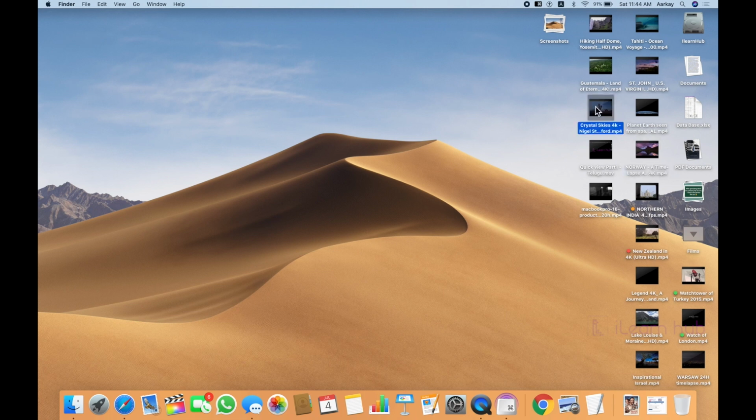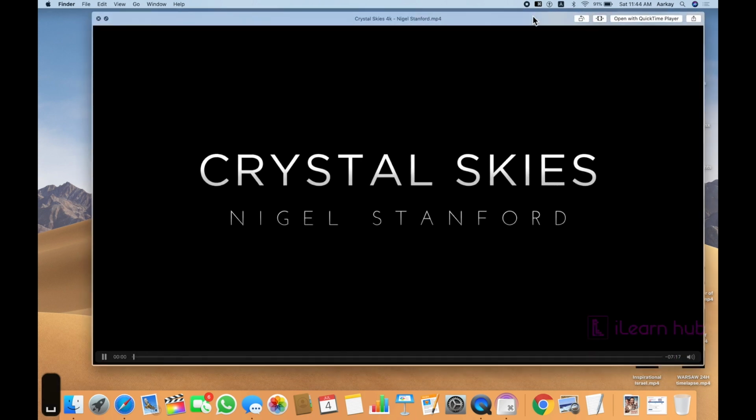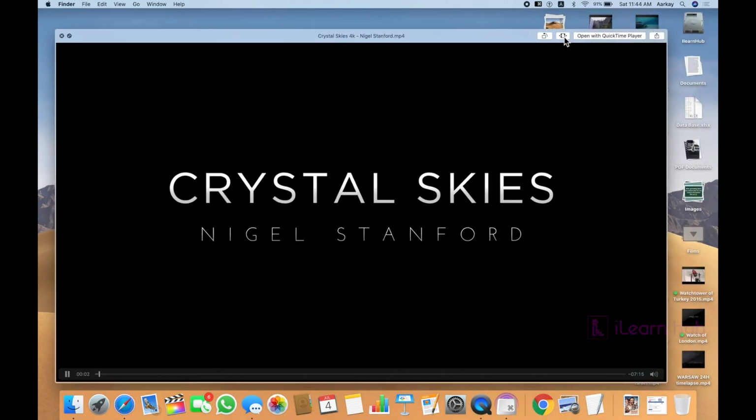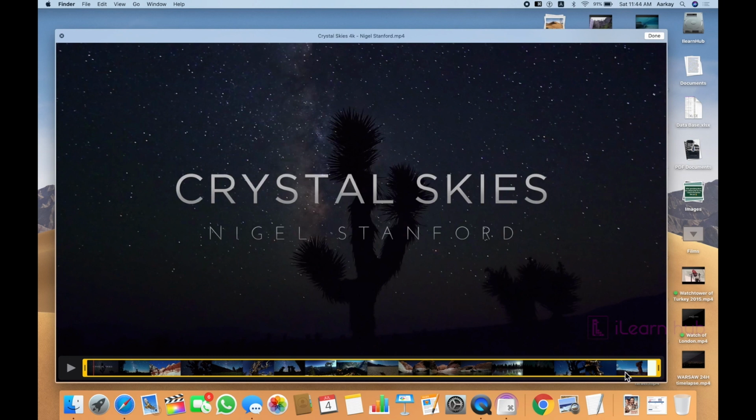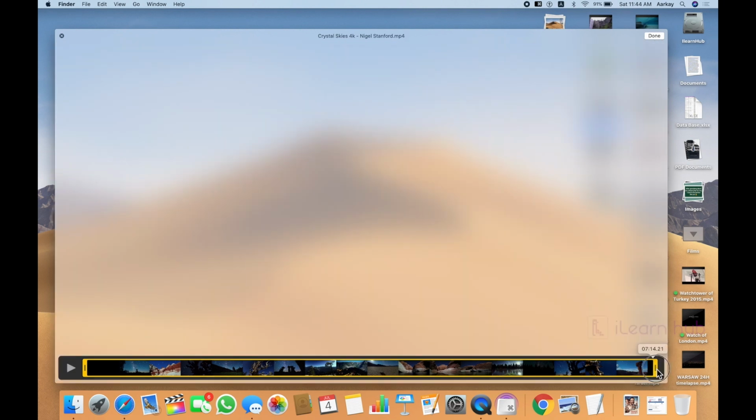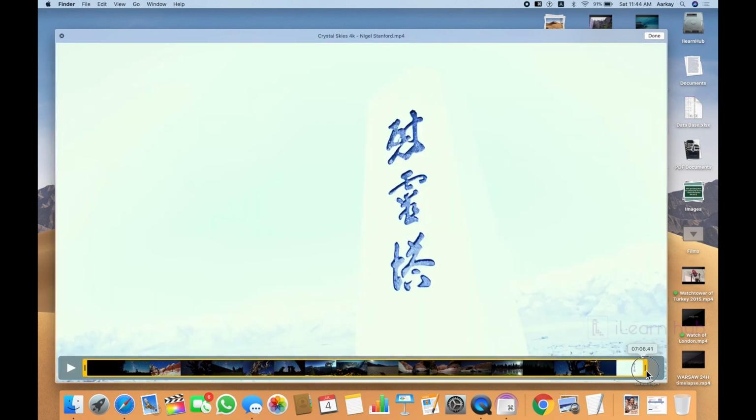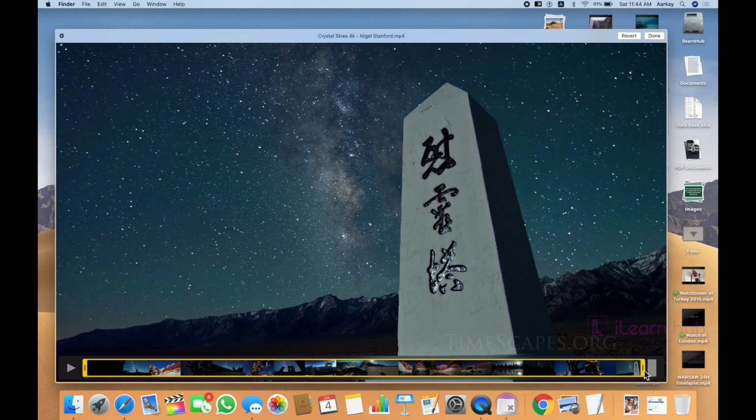In fact, if it is a simple file, let me show. And you can even trim the content here. You can see there is an option here, like if you don't want the last end portion, I can just leave it and then trim that. If you save it, it automatically gets trimmed. And you can say revert for the time being, and click on done.